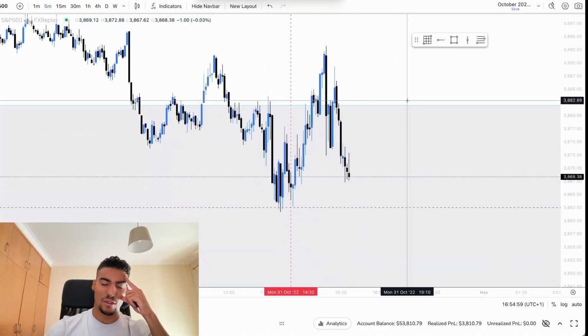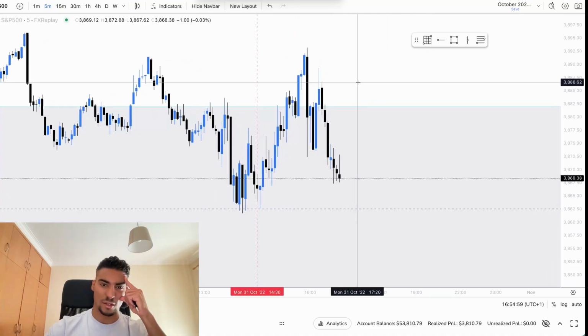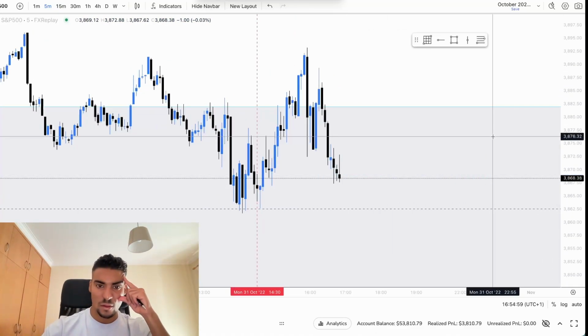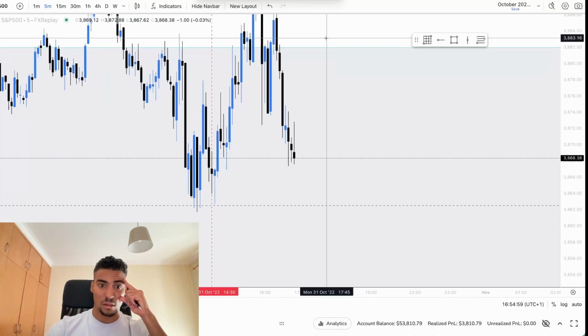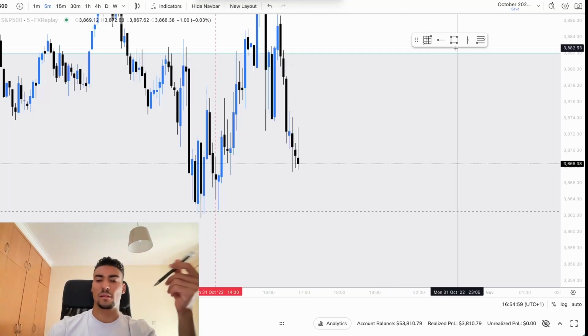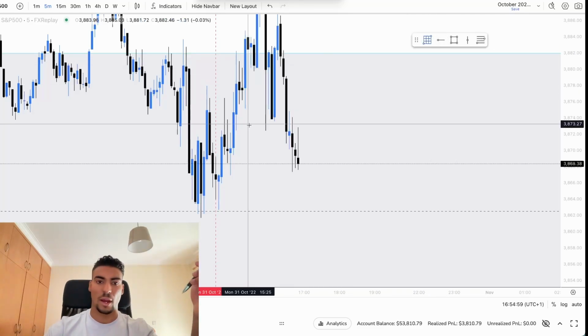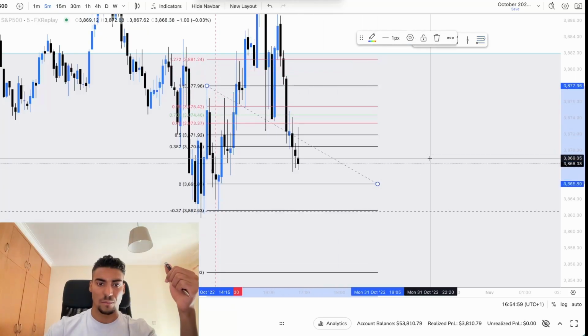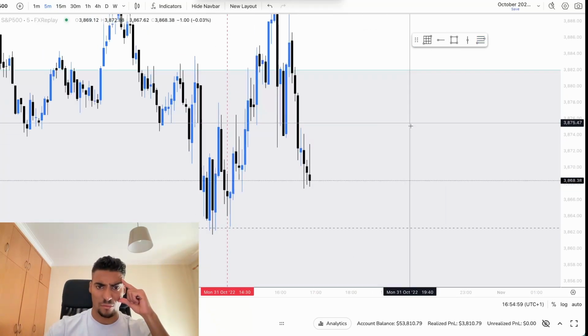Then really, I don't like to look at 1 minute confirmation just out of fair value gap, because our strategy is not based on fair value gap. It's based on liquidity, so highs and lows, not fair value gap itself. So I wouldn't be looking at the 1 minute, but I don't think there was too much of an entry.